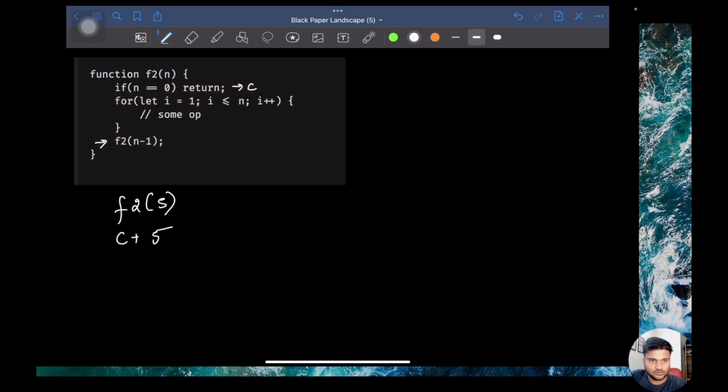And then there is a function call. So again, a constant operation. And this loop is also going to execute a constant number of times. There are some constant operations here. So for f of 5, you technically did something around 5 plus 2c operations. And then you called for